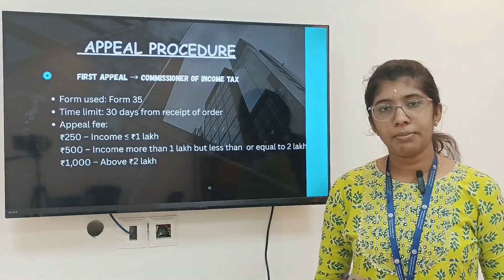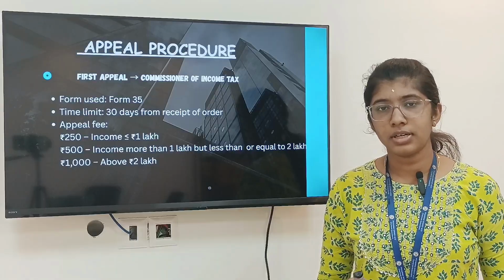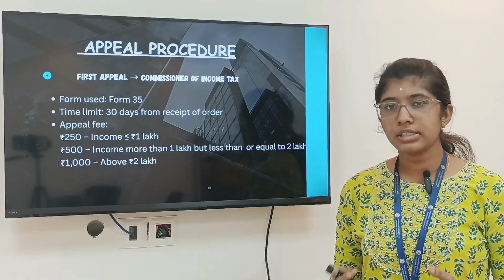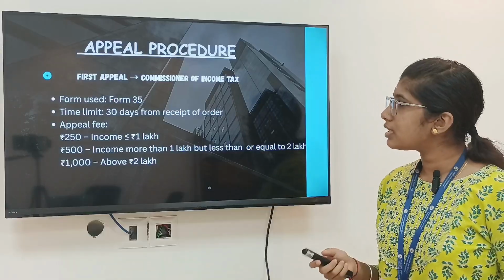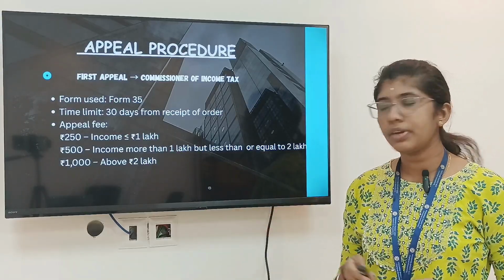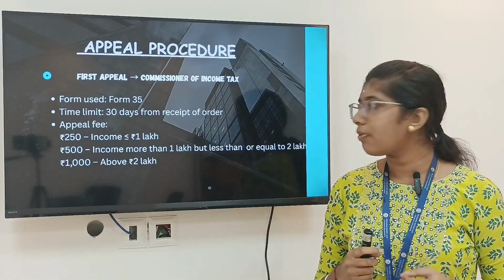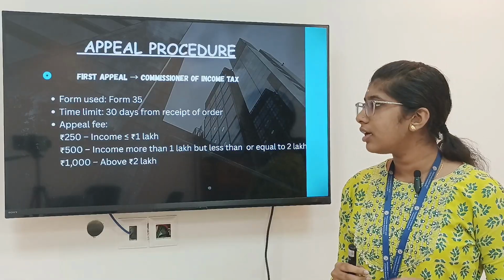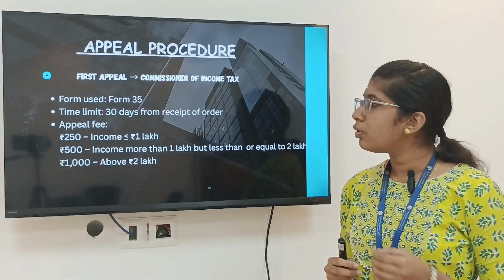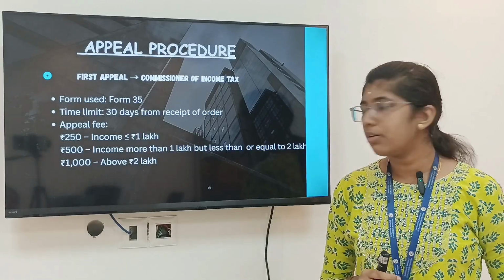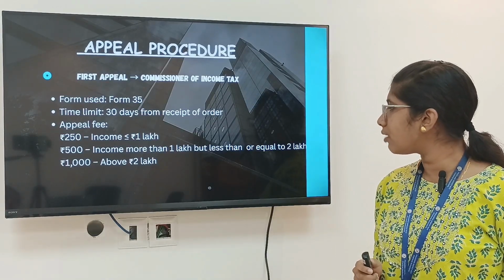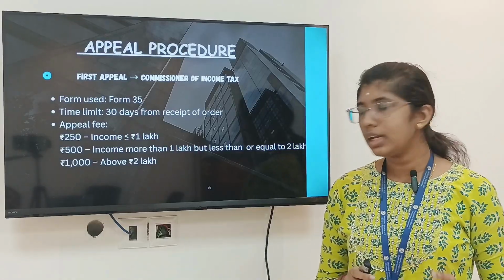Next, the appeal procedure. After the assessment, the SSC is given an opportunity to file an appeal against the orders given. The first appeal is to the Commissioner of Income Tax. The form used is Form 35. The time limit is 30 days from the receipt of the order. The appeal fee will be 250 if your income is less than or equal to 1 lakh, 500 if your income is more than 1 lakh but less than or equal to 2 lakh, and